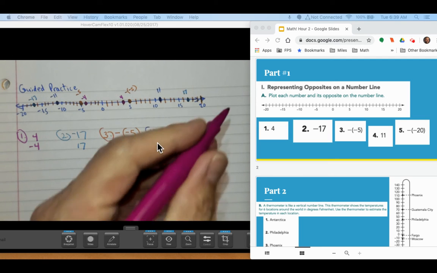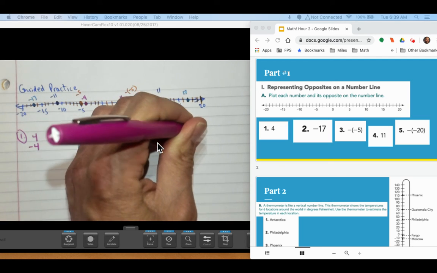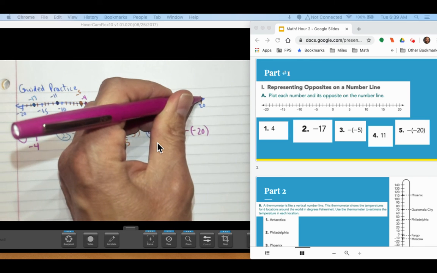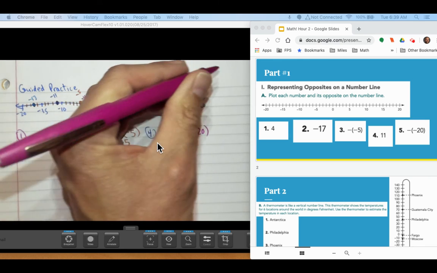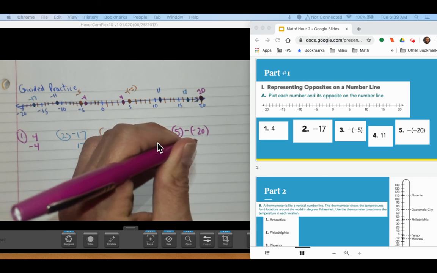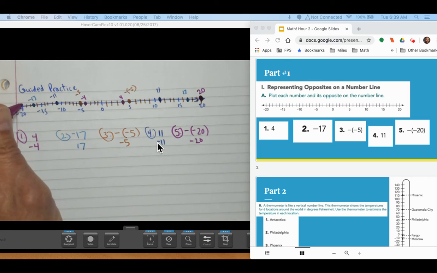Number 5, the opposite of -20. Hopefully you notice that this one is a lot like 3. So if we have -20 and we have the opposite of -20, well, that would be 20. Then the opposite of that would just be -20. So they're trying to mess us up there,